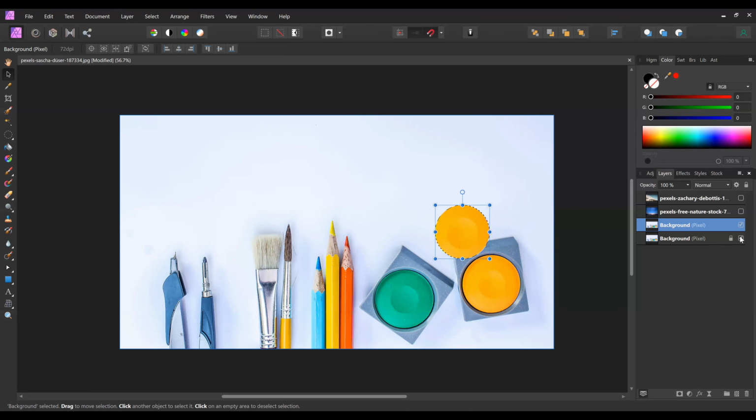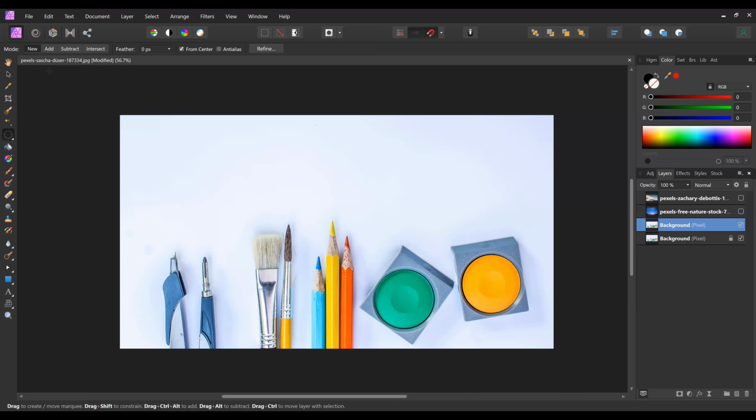But see what has happened. It has taken away that portion of my layer. I'll have to bring it back. See, that's what happens. So in order to only move your selection, all you need to do is get your selection tool selected always. Otherwise, that portion of your image will be cut.